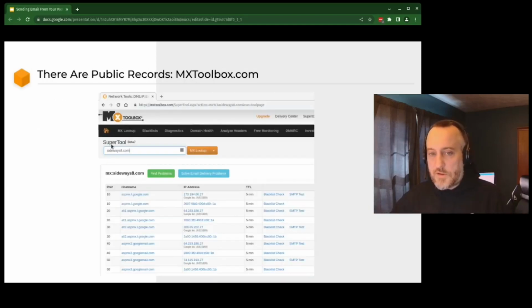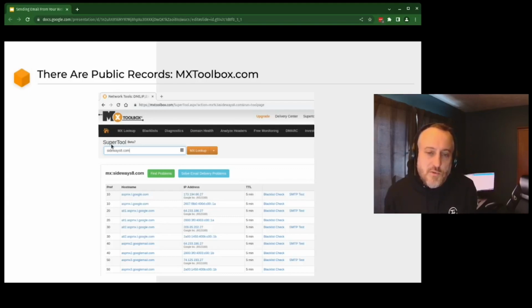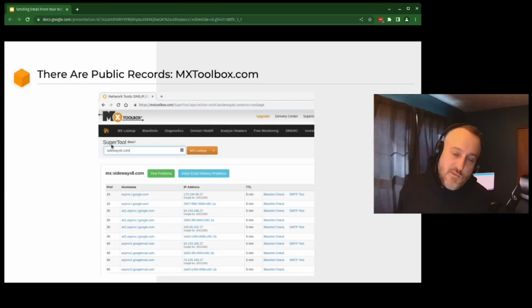And these are public records basically, that anyone can look up. So if your website is receiving mail, it has MX records to accept that mail.